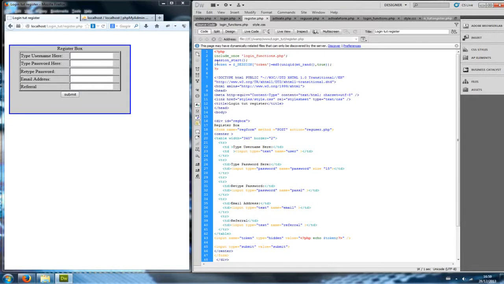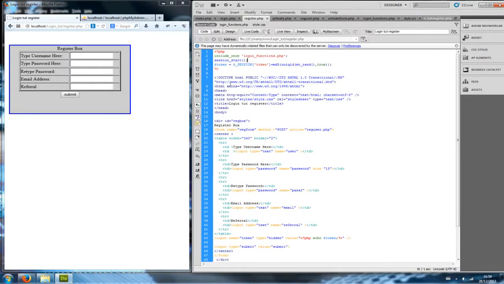The next thing I do is start a session. For those of you who are not too familiar with sessions, they're kind of like a server-side version of a cookie. It allows you to hold information over multiple pages. You can look that up later on if you're interested. I then created a variable called token and a session variable called token, both with the same MD5 random value. We're going to use that to check our form submit to see if it's a valid form submission, and you'll see more about that